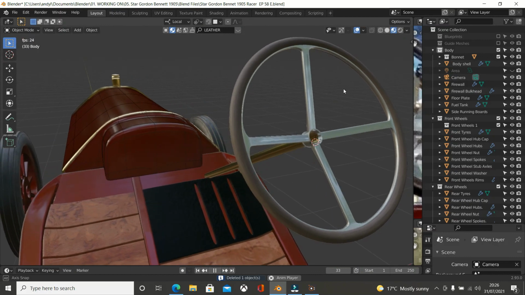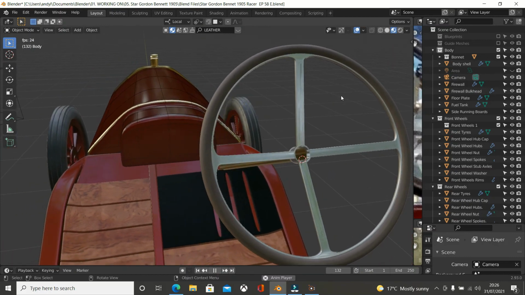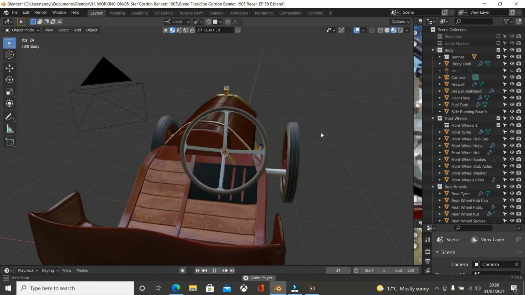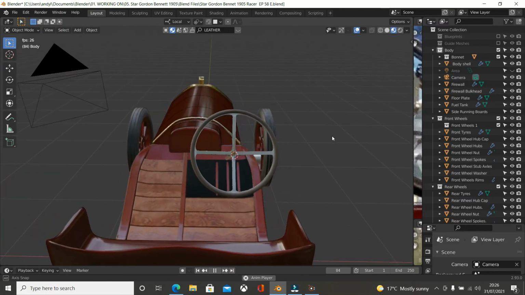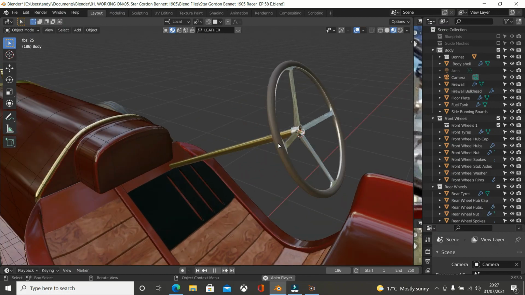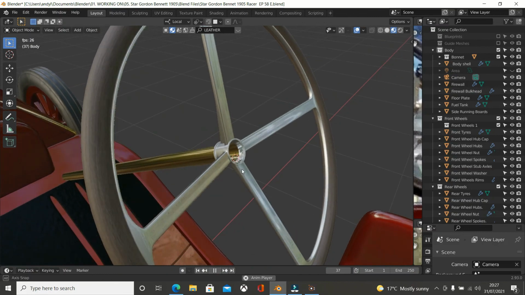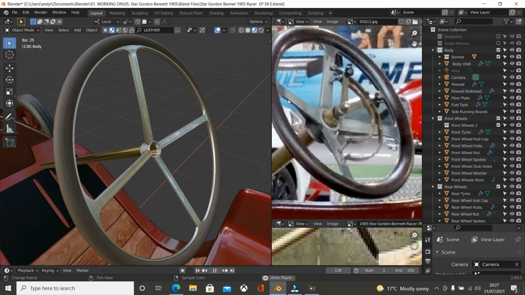So there we are, look, there's our steering wheel, which looks pretty good. Okay, it could have been a bit wider, the steering wheel could have been a bit thicker, but I'm quite happy with that. This could have been a bit wider, but I'm not going to change it, that looks good. When you look closely, it's not too far adrift. This is probably a little bit wider. These bits here are a little bit wider perhaps, but